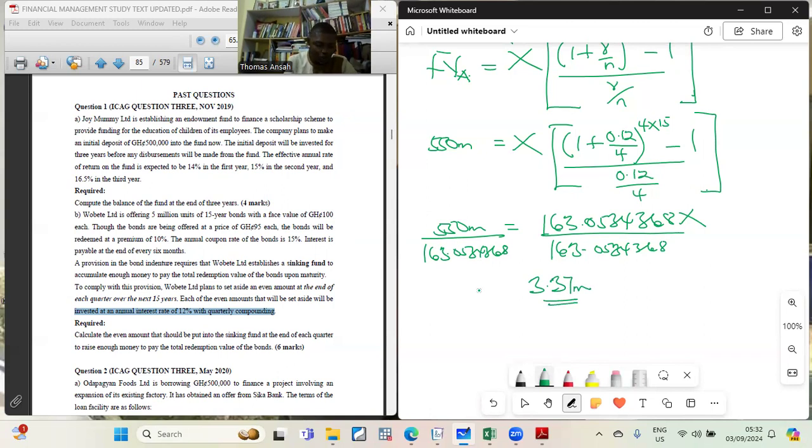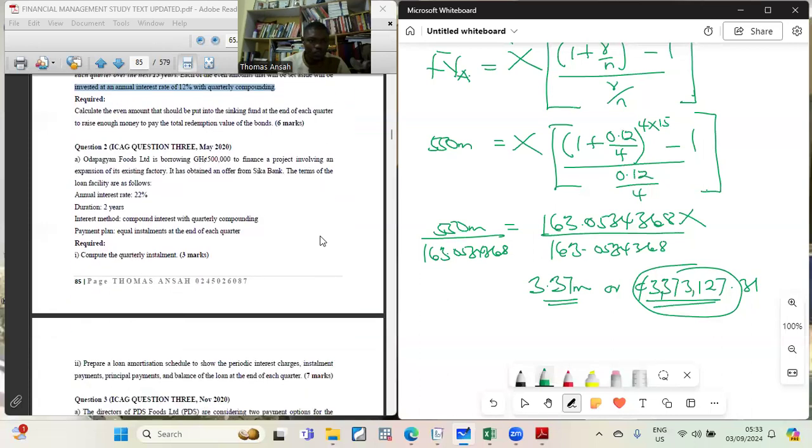All right. So if I want it in millions, then I can multiply it by 6 zeros. And that is like 3,373,127.31. And that is how I get my answer. So it means that every quarter he needs to deposit this amount. All right. So that is how we get the answer out. So that is that. Let's pick another question and find out how we're going to go about it.